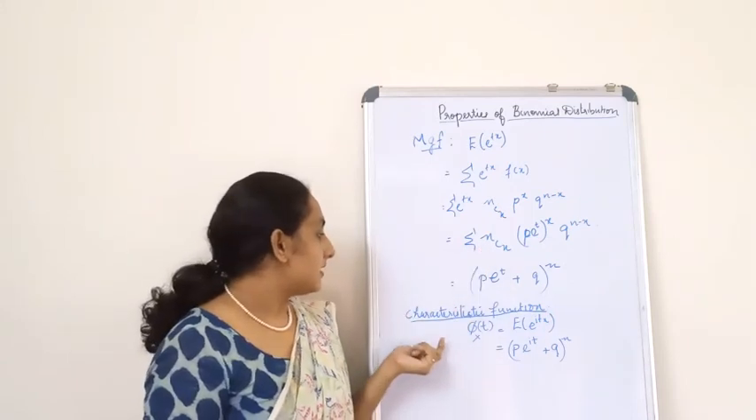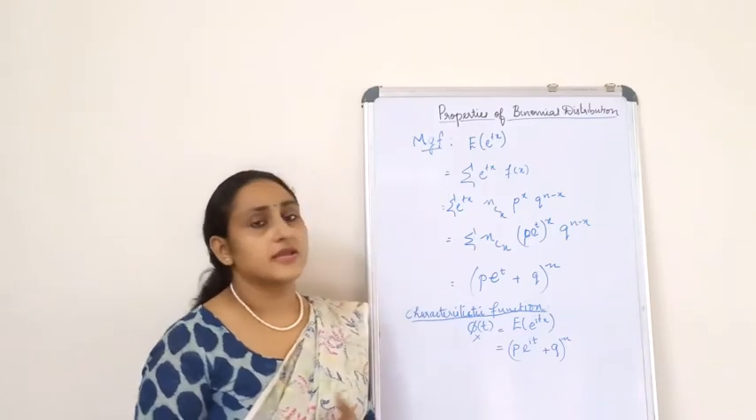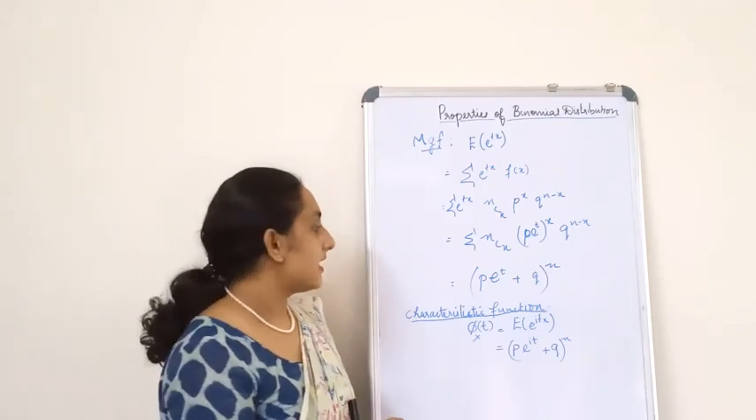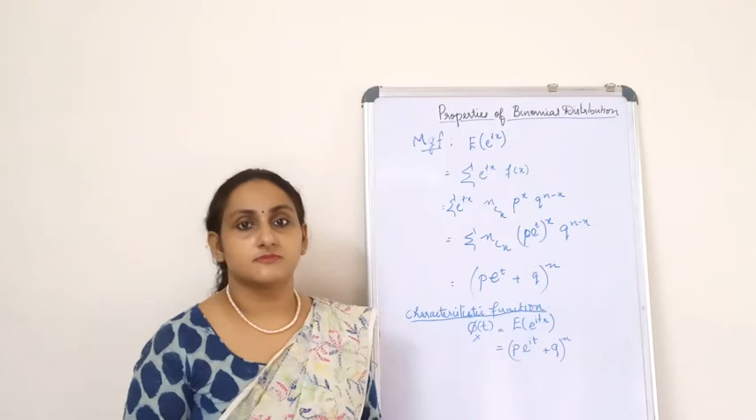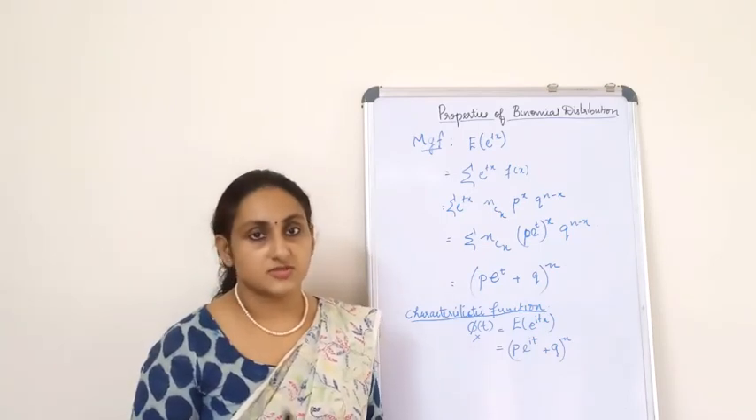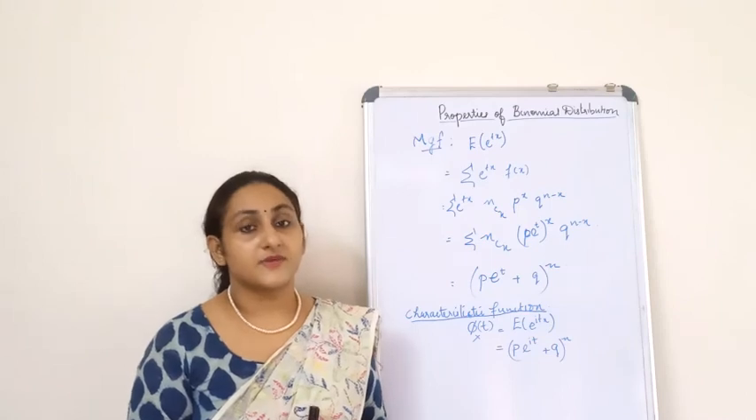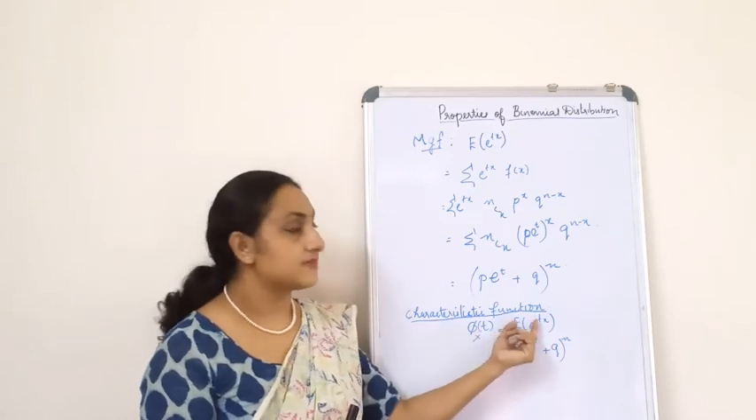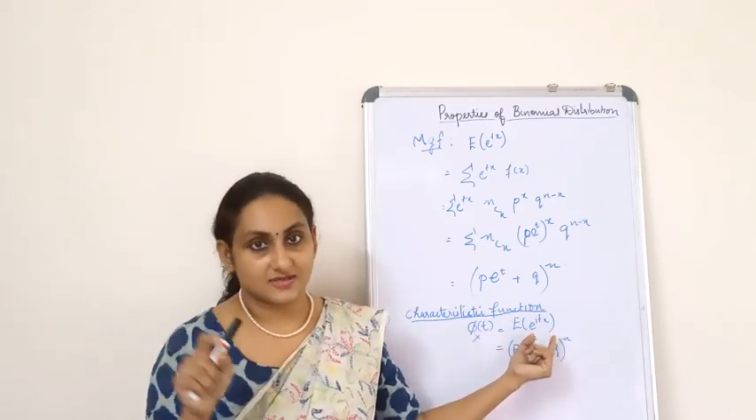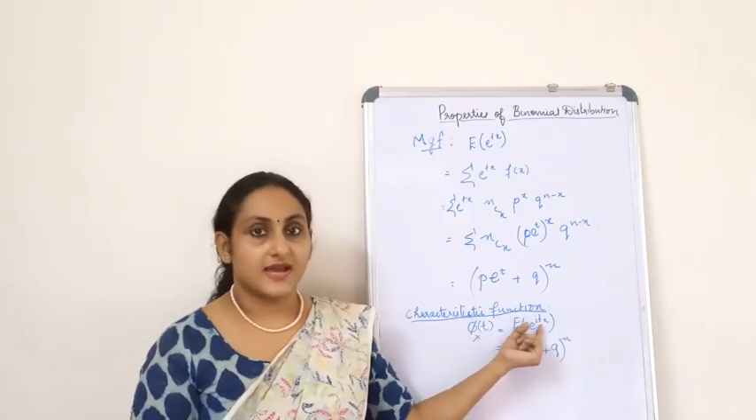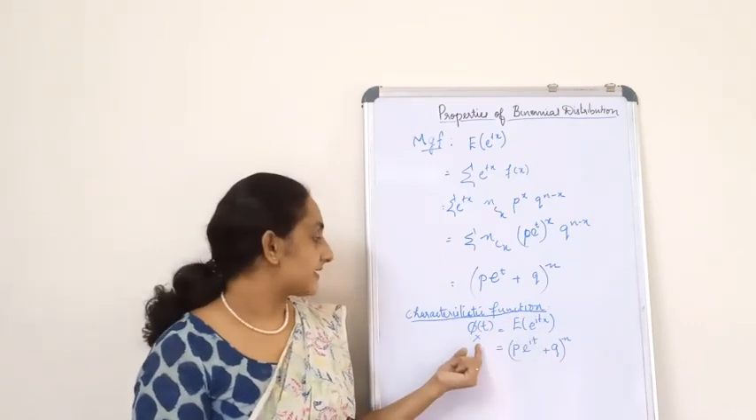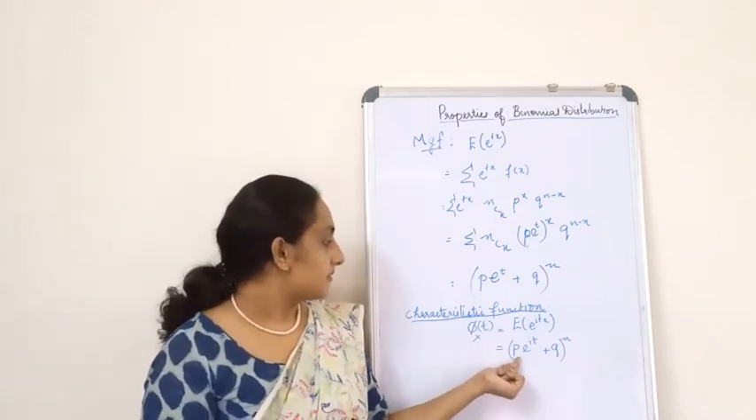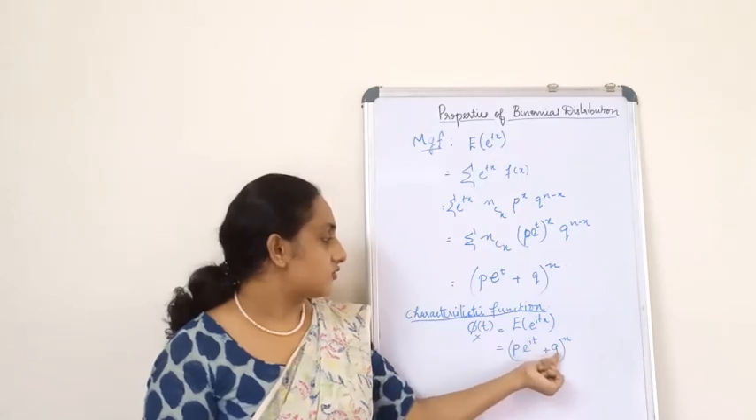Okay, now since you know the MGF of the binomial distribution, it is very easy to calculate the characteristic function. So how will you calculate that? In place of t, you can put it. Then you can substitute it, and then you will get the characteristic function. The characteristic function is denoted by phi tx, and that is equal to what? P e raised to it plus q the whole raised to